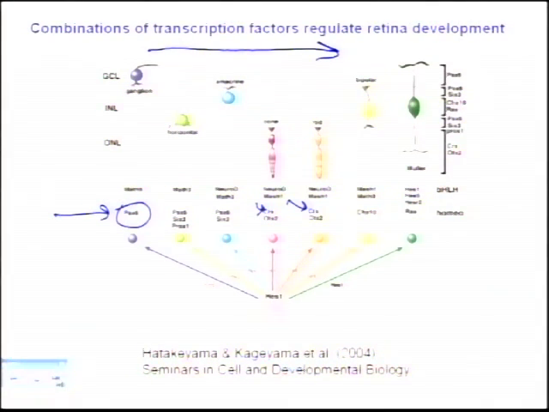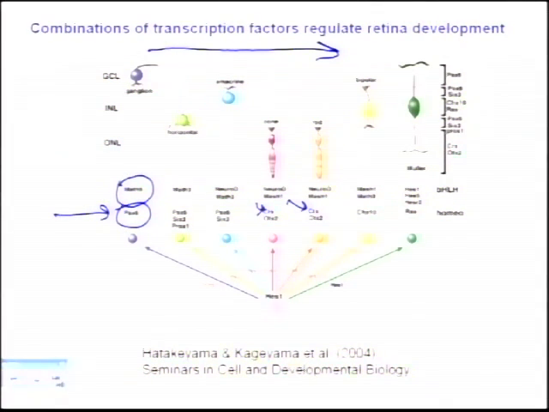The one we're going to concentrate on is a factor called MATH5, which is a proneural BHLH transcription factor. That's very important for the development of ganglion cells. So we're going to look at the combinations of transcription factors, particularly in ganglion cells, that are involved in the actual differentiation of the ganglion cell itself. All right?